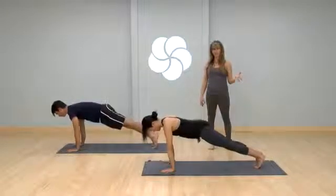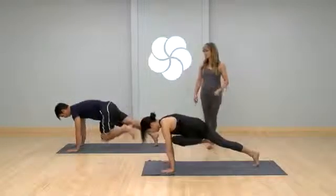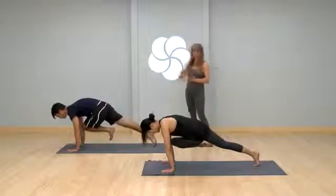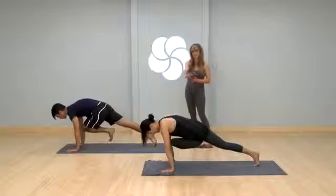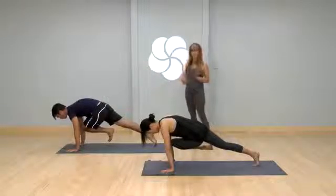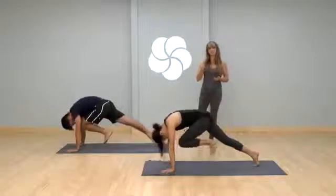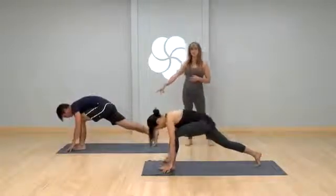Pick your left leg up. Exhale, left knee, right tricep, find the twist. Okay, so feel where the work is coming from across your abdomen. If your heel tilts a little, the right heel to the left a little, that's okay, if it gets you into the twist a little further. Good, bring your knee to your nose, pull it in, step your foot through, come up onto your right fingertips,